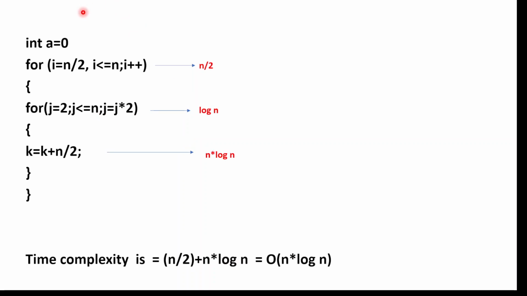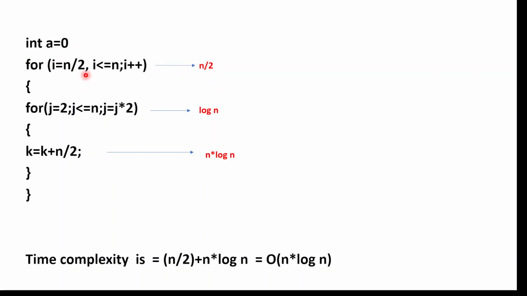Here is another example wherein we have the first statement where we are initializing the value of a equal to 0, which will get executed only one time throughout the code. So this is independent of the size of the input. So this is a constant time for int a equal to 0. And then we have a for loop, and here it is a nested for loop. The first for loop is for i equal to n by 2, i less than or equal to n, i plus plus. So it is executing